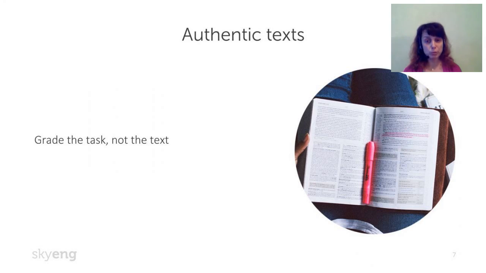If you look at some modern books published by Oxford University Press or Macmillan Publishers or something like this, you would see that even for beginners, there are some little snippets as if it is a real movie ticket or a real piece of some timetable or some brochure page or something like this. And for higher levels, of course, you will have pieces of real articles and maybe some newspaper stories, maybe some blogs, something like that. Or they could be semi-authentic, a bit simplified to suit this level.